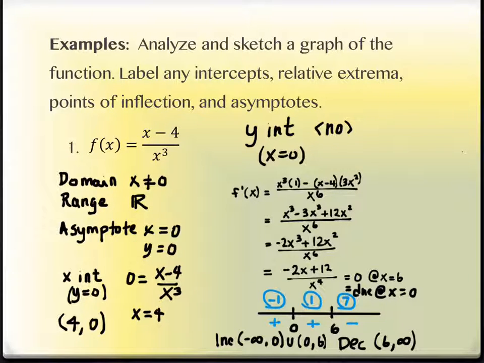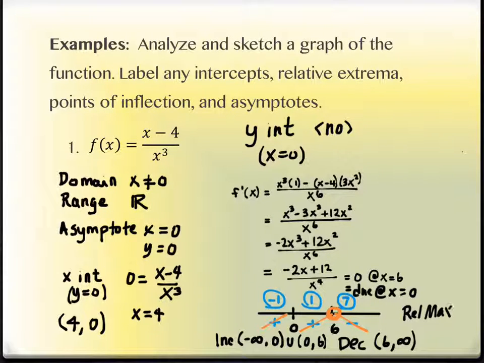Well, what does positive mean? We said it means increasing, so it's going up right here, right? And then this is positive, so it's still going up on this piece of the graph. And then what happens on the next piece? It's going down. So this location changed between increasing and decreasing. So is it a maximum or a minimum? It's a maximum, right? It went up and now it's going down. This is a relative maximum. So we have a relative